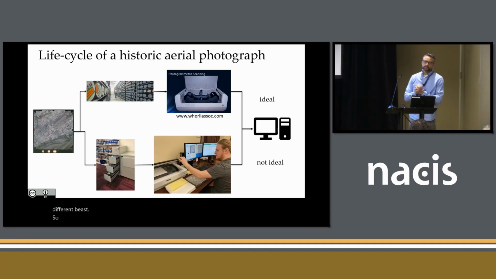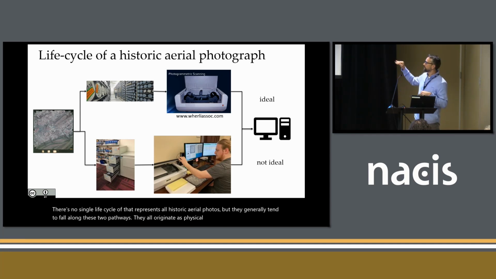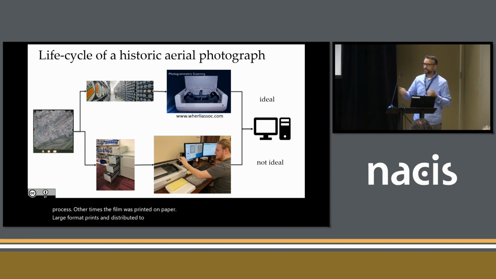So there's no single life cycle that represents all historic aerial photos, but they generally tend to fall along these two pathways. They all originate as physical film, sometimes following the top pathway. Sometimes that film was preserved in highly controlled archives, scanned on photogrammetric scanners, and then comes to me to work with and process. Other times the film was printed on paper, large format prints, and distributed to people for use. Some of those photos went out in the field, they got rained on, they got brought back and put in filing cabinets,